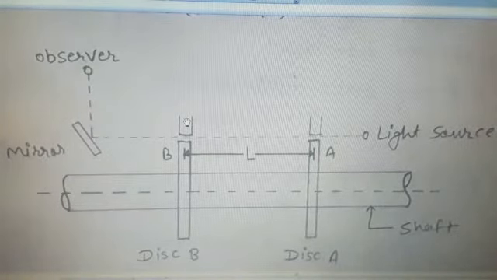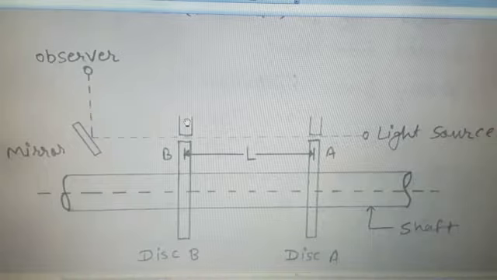First of all, the angle of twist theta in the shaft due to torque T can be measured by a torsion meter, either an optical or an electrical arrangement. Here, as you can see, the arrangement has an observer and a mirror. So we use an optical arrangement for measuring the angle of twist, and then torque T is calculated by the above equation.